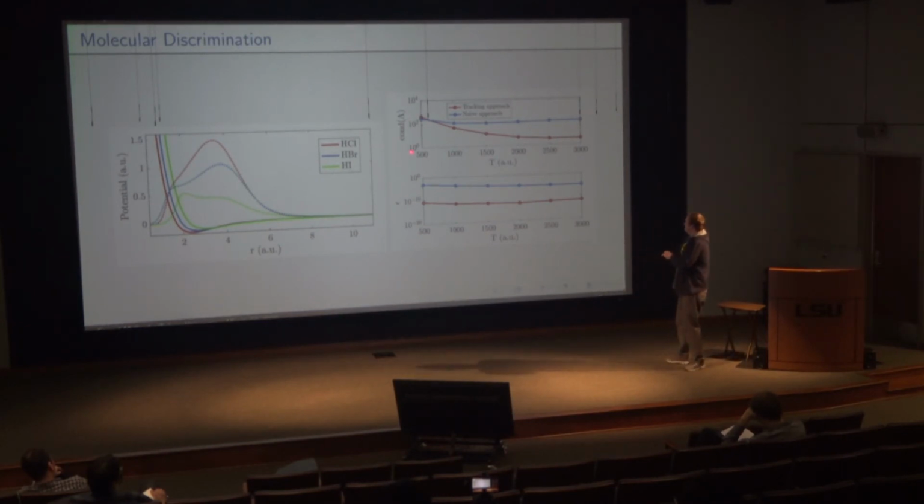And what you'll see is that here, depending on pulse number, the length of your pulse, the condition number for both our tracking approach and our naive approach are more or less the same for a short enough pulse. But as you increase this, the condition number for our tracked approach goes way down. And what does that mean?